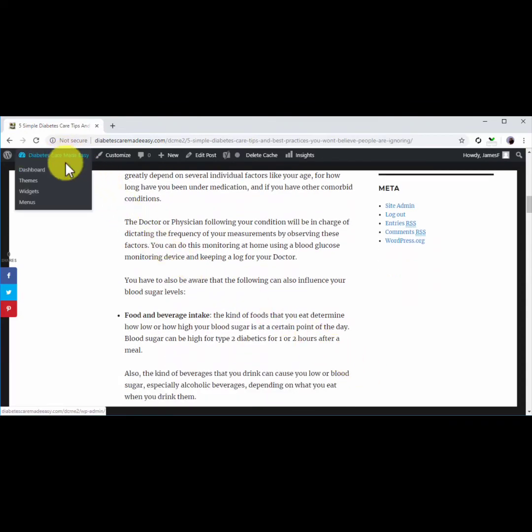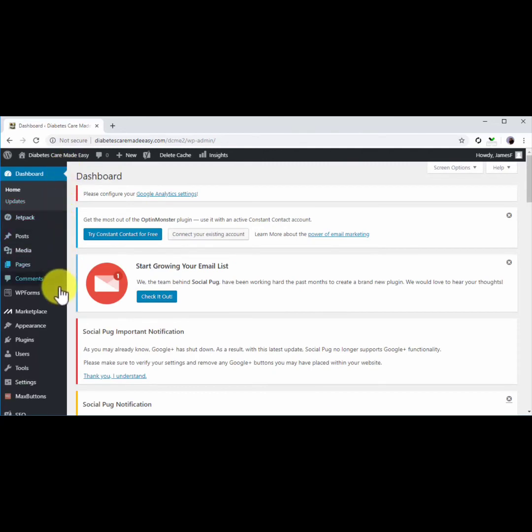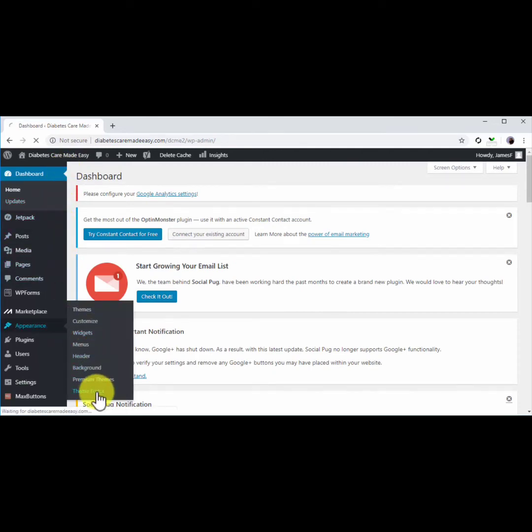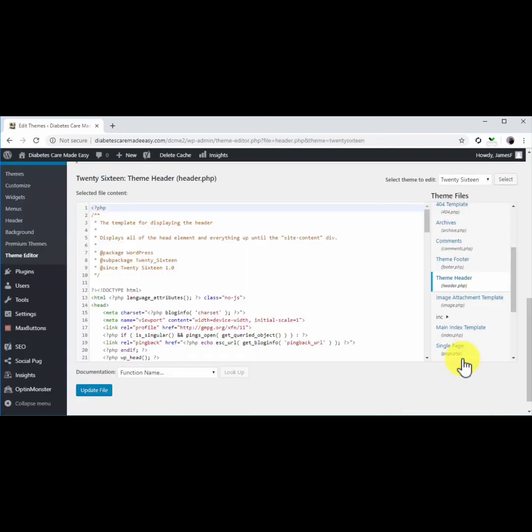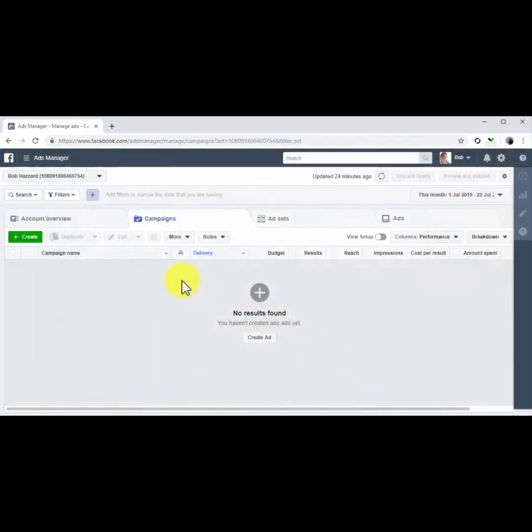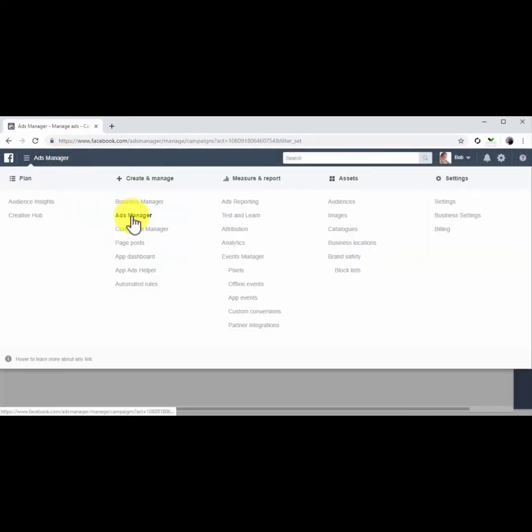It is important that you have admin access to your website's code. For example, a WordPress website that allows you to easily access the code from the dashboard, and that allows you to edit it manually. Also, you need an active Facebook ads account from where you'll set up a Facebook tracking